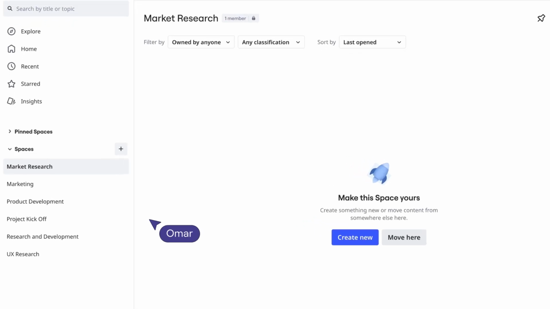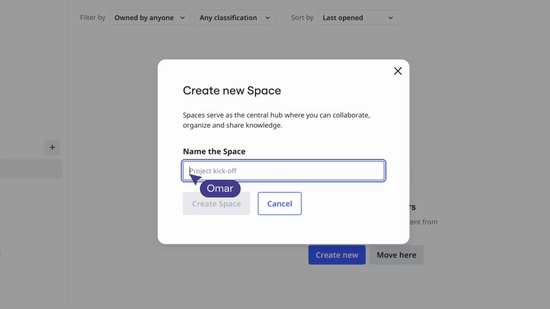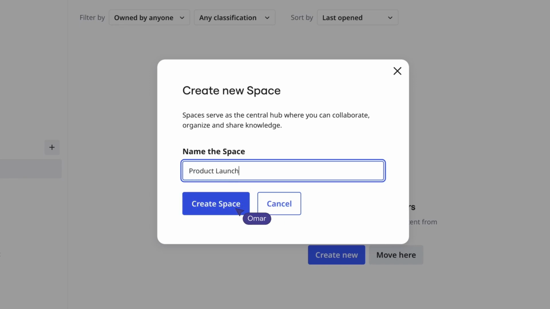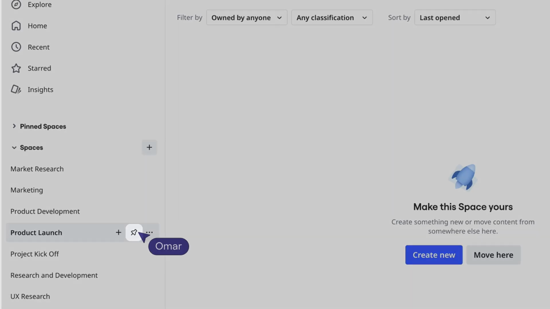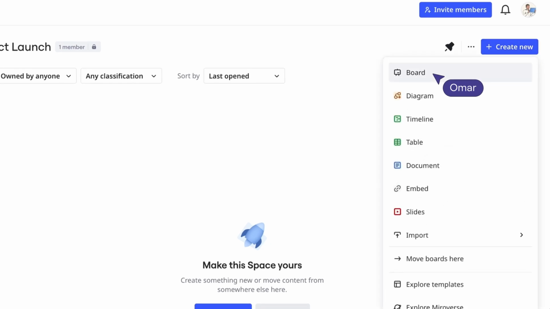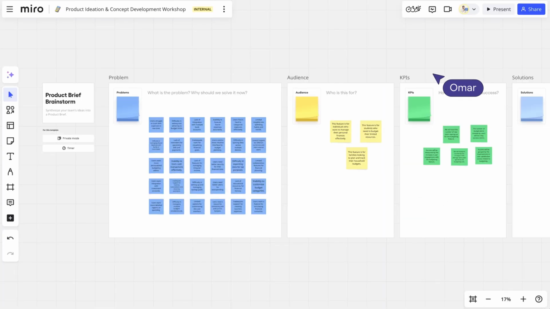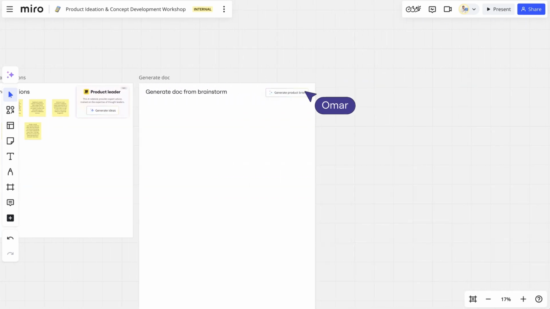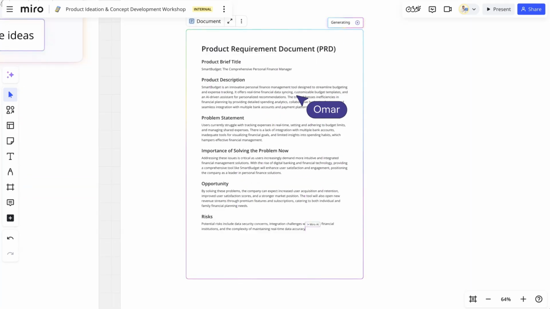Let's take a look. Product Manager Omar creates this new space for an upcoming launch and pins it to his dashboard for easy access. Within this space, he creates a board to host a product ideation and concept development workshop. After the workshop, he uses Miro AI to generate a product brief and make some necessary, that is to say,